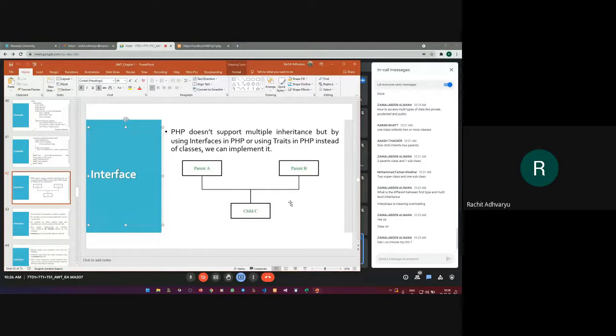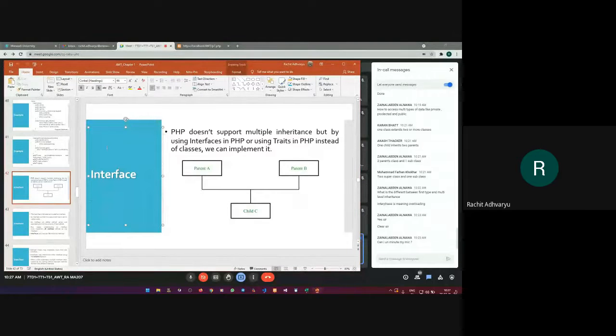So there are multiple tricks in PHP. There are many different tricks to deal with whatever is not supported by a particular programming language. So what you have learned is a trick to implement multiple inheritance in a different way in any programming language. Yeah, those are the tricks. See, there are people who are ready to work on different types of challenges, like I want to implement multiple inheritance somehow without using interface. So they will take it as a challenge and implement it anyhow using some type of tricks. Right? Yes, sir. Thank you.